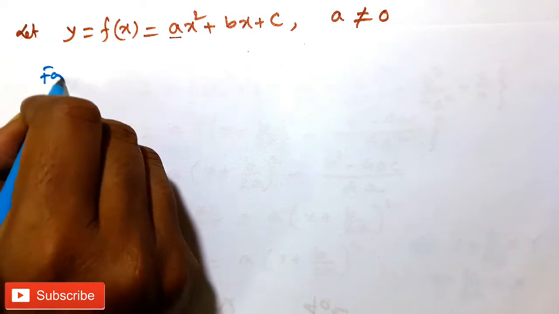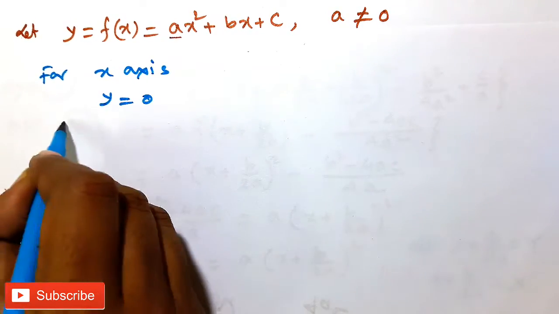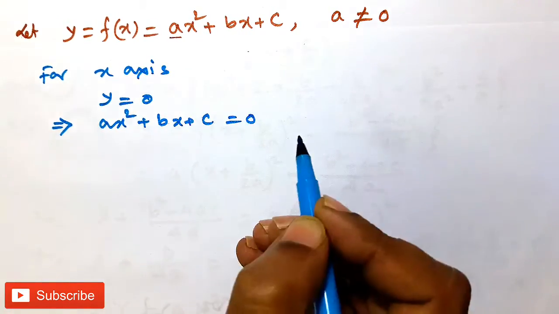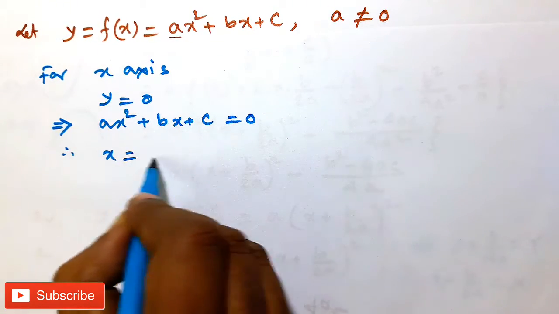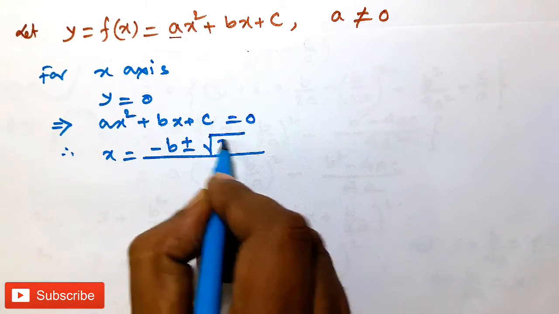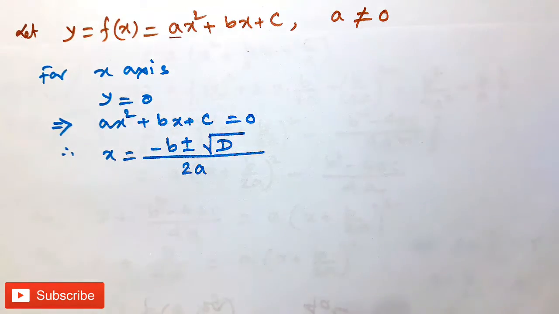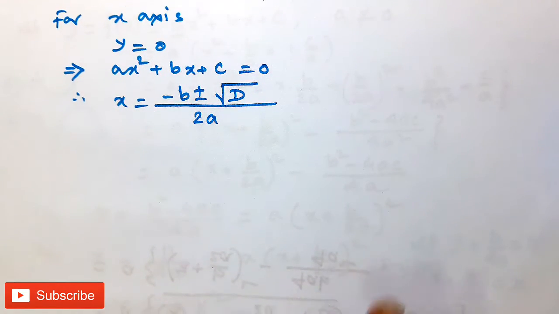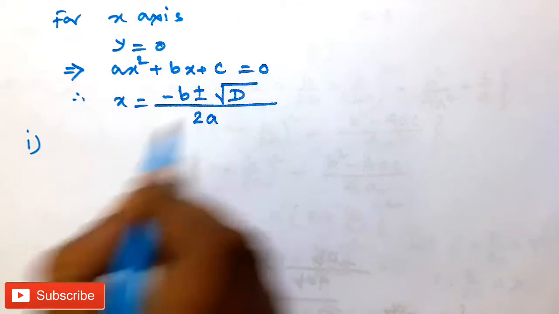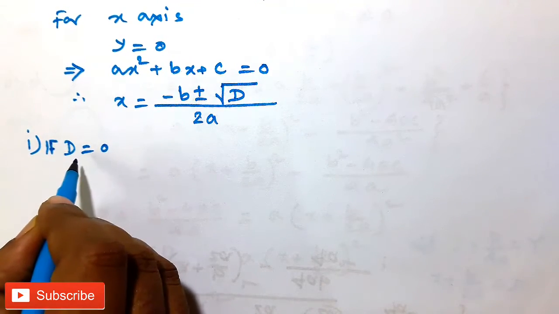For x-axis, friends, y is equal to 0, it implies that ax square plus bx plus c is equal to 0. Okay? Therefore, you get x is equal to minus b plus minus root over b square minus 4ac, that means root over D divided by twice a, where D is the discriminant, b square minus 4ac. Now friends, three cases may come. What are these respectively? Number 1, if the discriminant D is equal to 0,